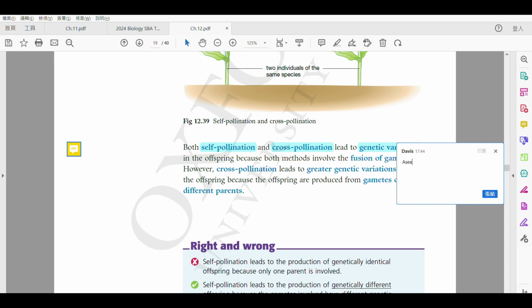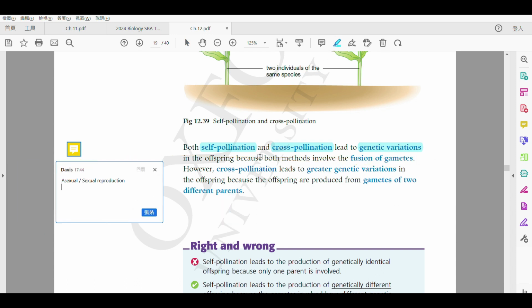Is this asexual or sexual reproduction? Of course, this one is sexual reproduction, right? So if it is sexual reproduction, there will be genetic variation. 已經有一個 genetic variation 啦。However, can you tell me, will self-pollination have more genetic variation, or will cross-pollination have more genetic variation? The answer is 呢個嘅 cross-pollination 嘅。